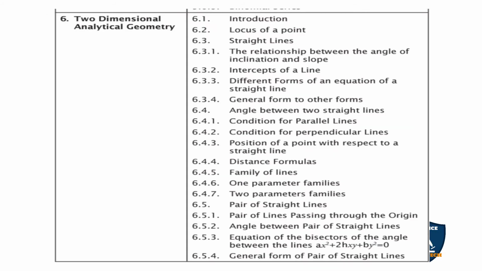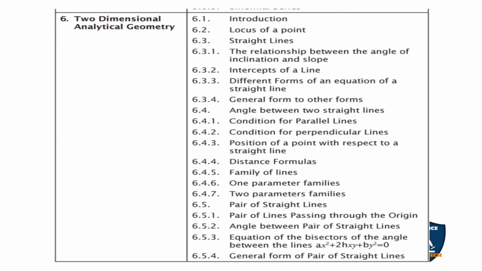Sixth chapter, two-dimensional analytical geometry, 6.1 introduction, 6.2 locus of a point, 6.3 straight line, 6.3.1 the relation between the angles of inclination and slope, 6.3.2 intercepts of a line, 6.3.3 different forms of an equation of a straight line, 6.3.4 general formula of two other forms, 6.4 angle between two straight lines, 6.4.1 condition for parallel lines, 6.4.2 condition for perpendicular lines, 6.4.3 position of a point with respect to a straight line, 6.4.4 distance formulas, 6.4.5 family of lines,